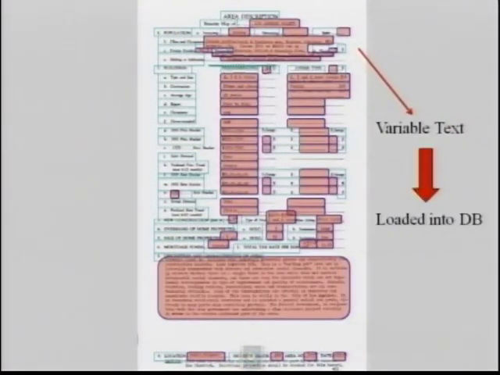So we took one of these area description forms. Unlike the obesity study Peter talked about, we don't have a template. This is a typewritten page. Turns out that you have a fixed part. Those are these green boxes. And then you have a variable part that was typed in for each of the neighborhoods. So what we essentially did is we drew a template on top of this hybrid form to recognize, so we recreated the template. We could have tried to derive it automatically. And then we used this fixed part to actually identify all the variable sections.